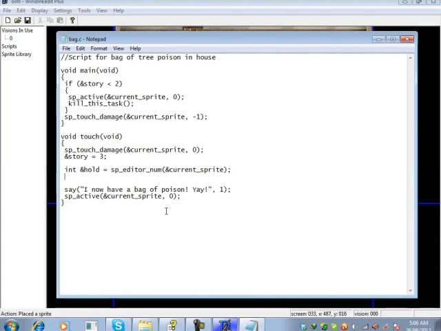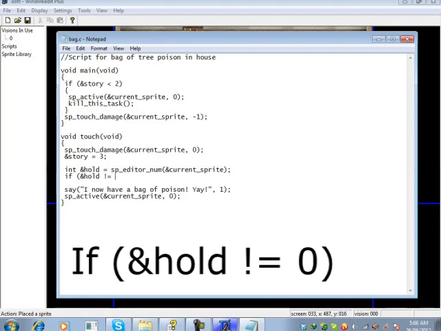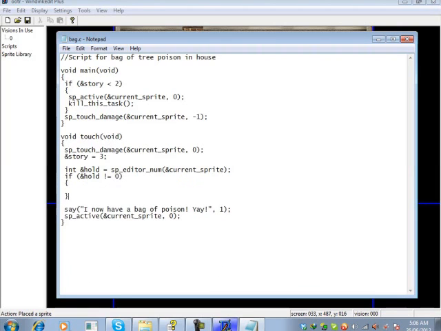We know this variable refers to that sprite number. What I want you to do is type if, and hold doesn't equal 0, and then put brackets there. Okay, this is an if statement, and basically what it's going to ask is if this is storing anything other than 0, then do this. And the reason we need this statement here is the only time that this will store 0 in here, and then this will return false and skip this,